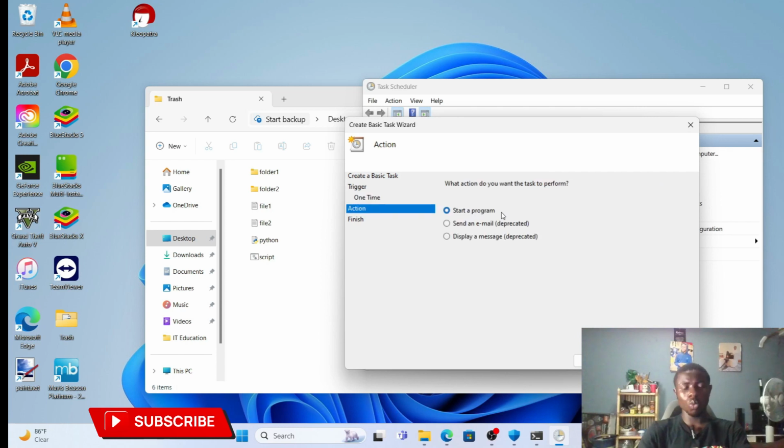What do we want to do? We are scheduling the task, and the task is starting a program. So choose start a program by default, and then you are going to browse where your script is located. So click on browse. It's on our desktop trash folder and the script is here. Once you have it selected, we can add arguments which are optional, and other stuffs here can be added